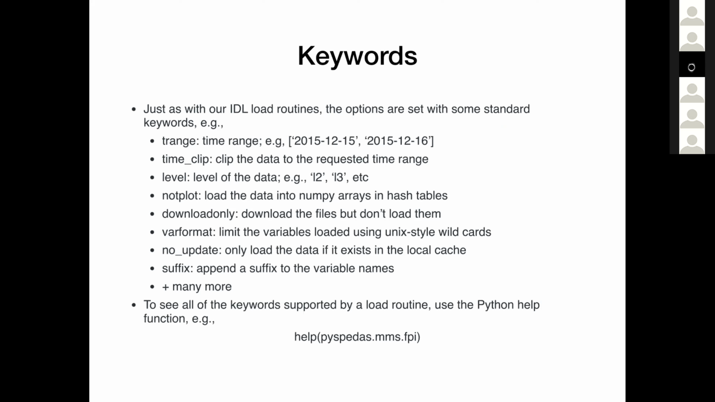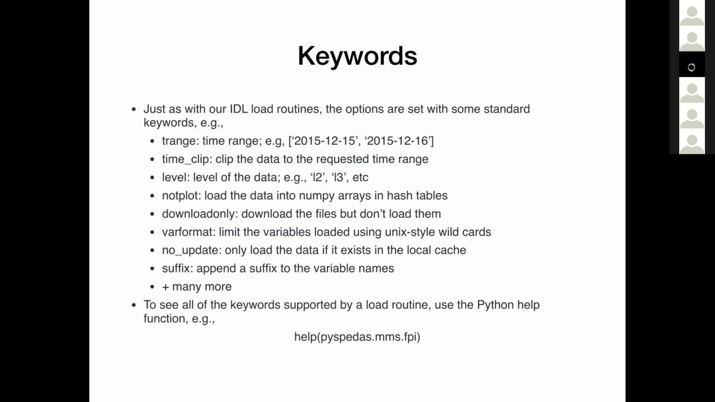And all the load routines also have a no tplot keyword, which loads the data into NumPy arrays and hash tables. And I'll show an example of that. We also have download only. That tells the load routines to download the files, but don't load them. So in that case, the load routine doesn't actually load the tplot variables. It just goes out, grabs the files and saves them locally, and then returns a list of the files